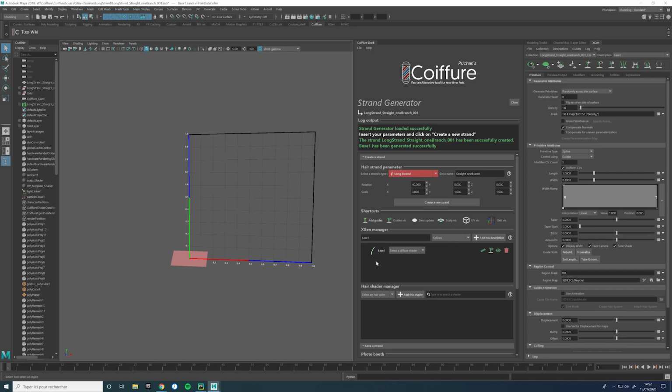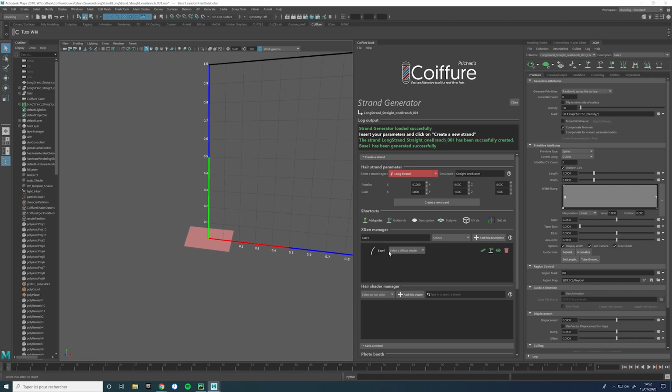But the result is we have here a description. We can select the description by clicking on this button. I will show you how it works by creating a new one. And so if I click on this one and this one, if you're looking right here, you will see that this description switches between base 1 and base 2, so it's easier to select them faster, at least because you don't have to go over there, or you can even use the marking menu for that. So if you go on base 1, you will see base 1 and base 2 here. So basically it means you can hide guides and groom your hair without leaving the viewport,